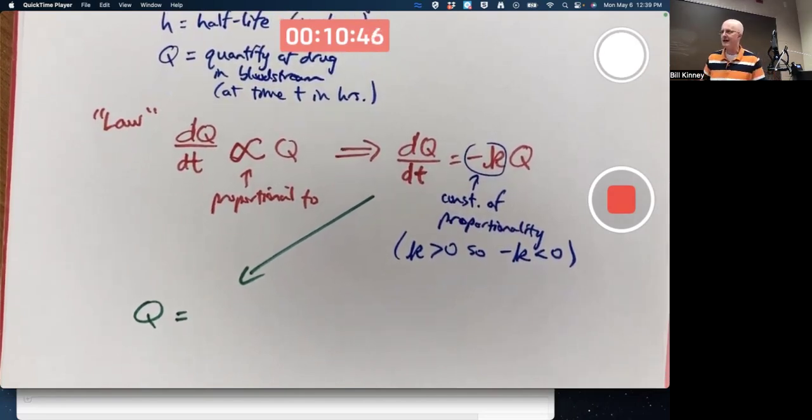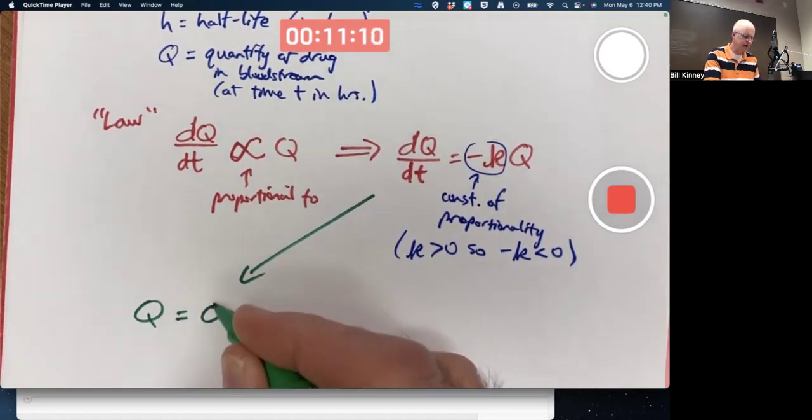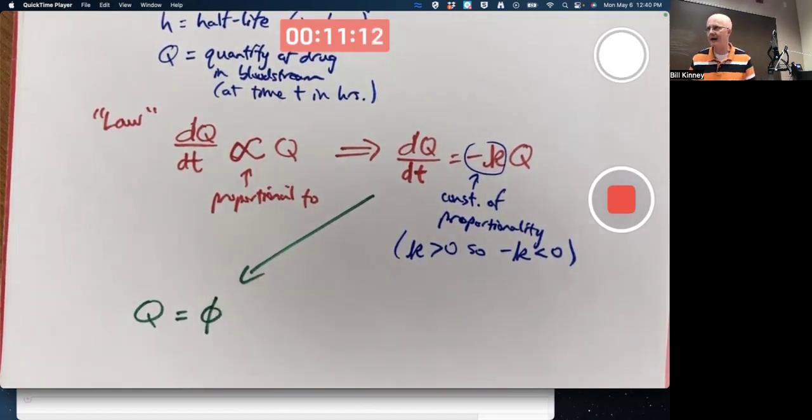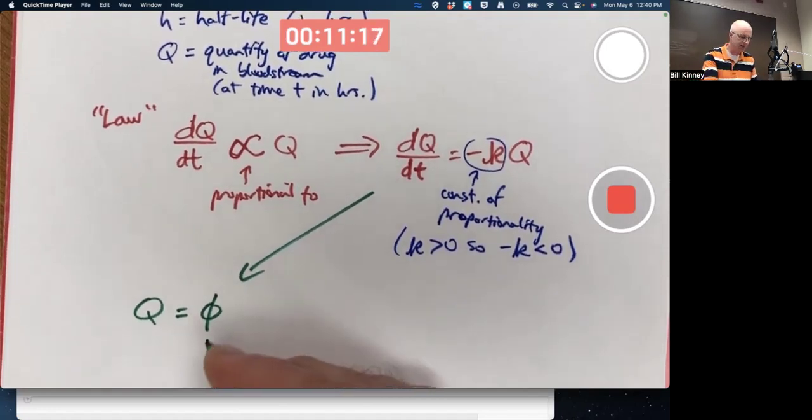I'm going to do something new today, and I'm going to do this new thing from here on out every day for the rest of the semester, probably. The book doesn't do this, what I'm about to do, but I think it's worthwhile to give this function another name. Don't call it q equals q of t, because that's abusing notation. But give the function a name. I'm going to use the Greek letter phi. Phi is going to be the function name